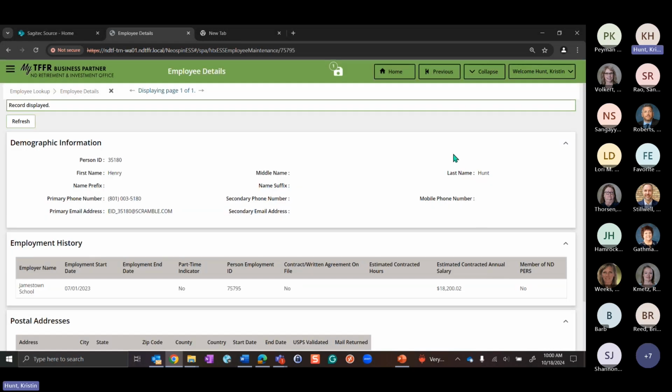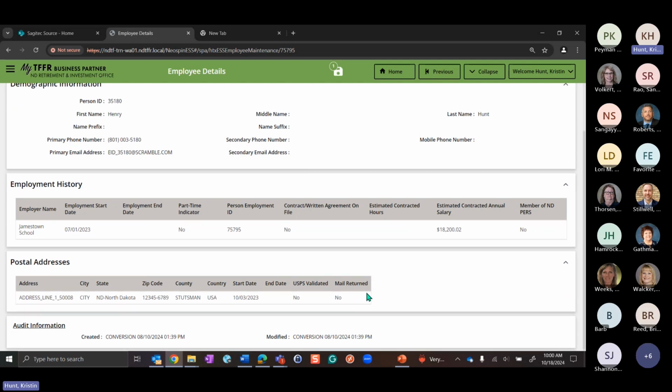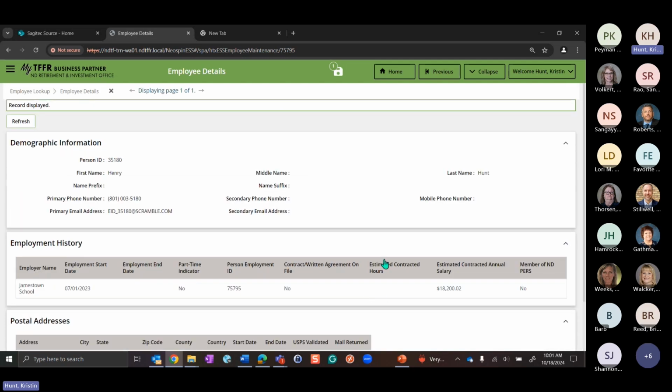When I do that, it takes me to, as I was saying, the maintenance screen. So this is where I can dig down deeper and view more information about the employee. And if I'm able, there'll be information that I can update as well. But as you can see, it's just read only for right now. So the first panel section I have is the demographic information.